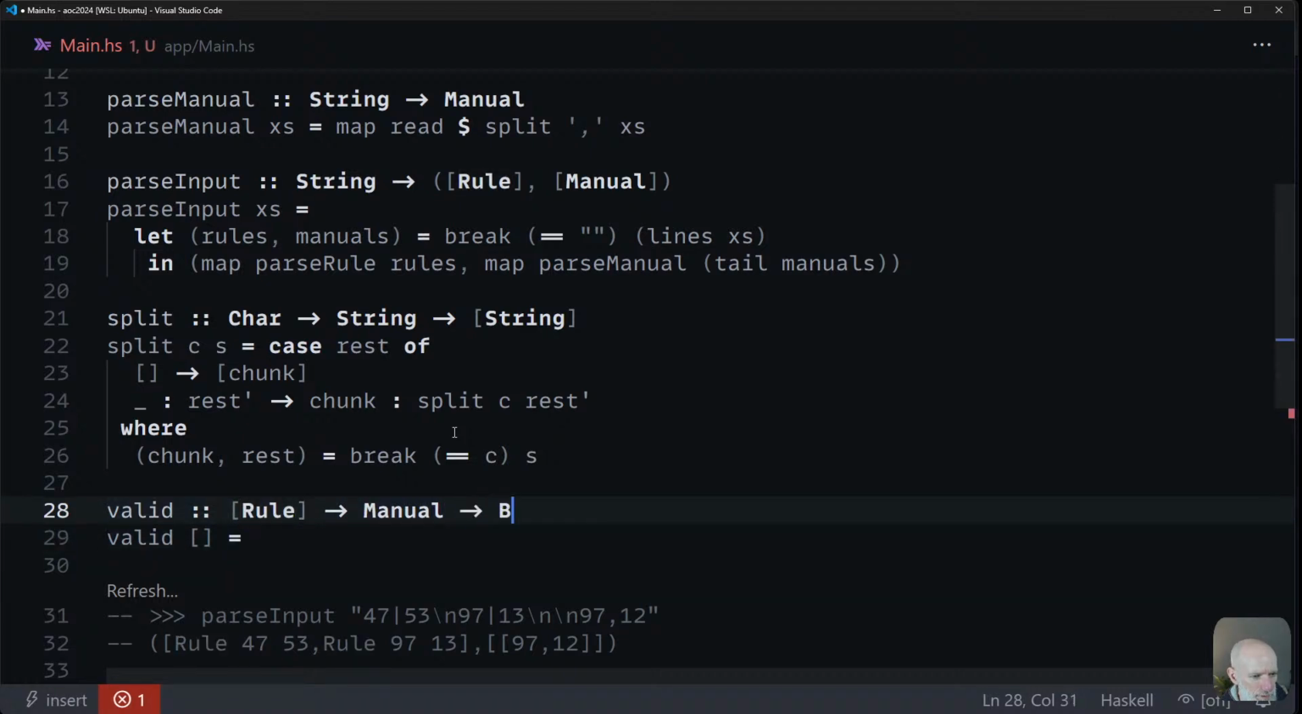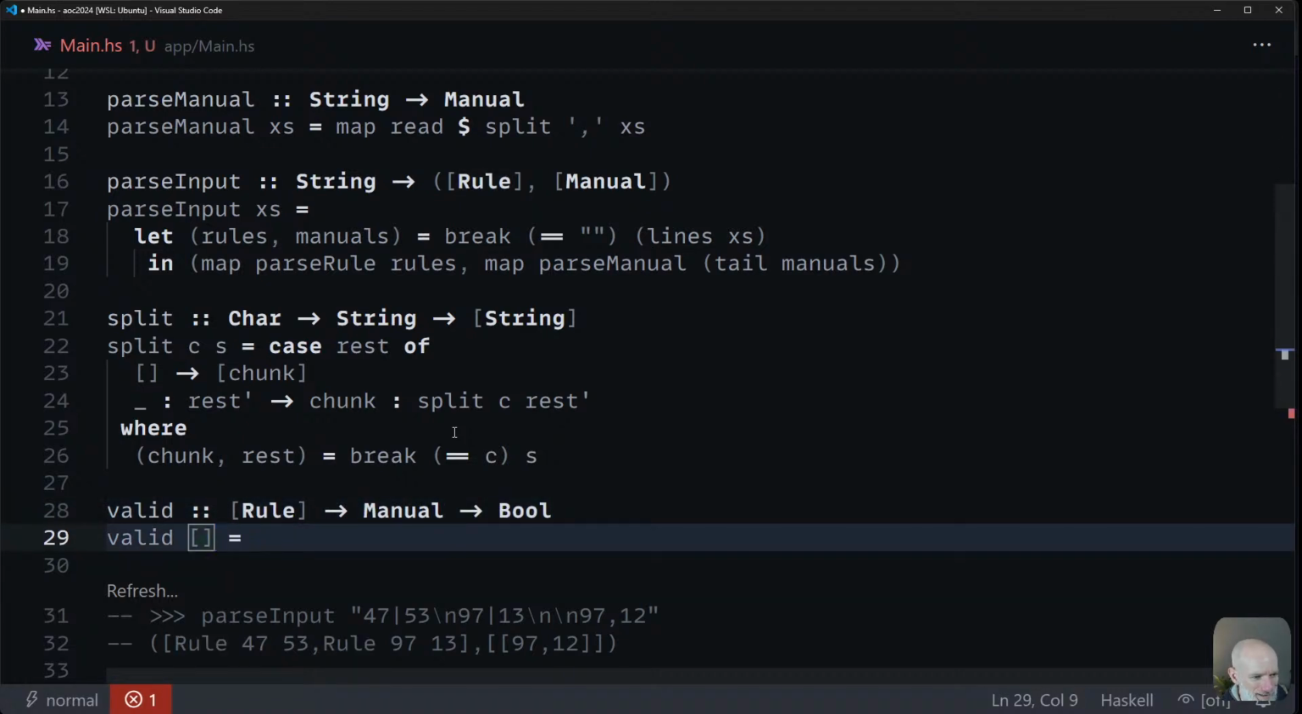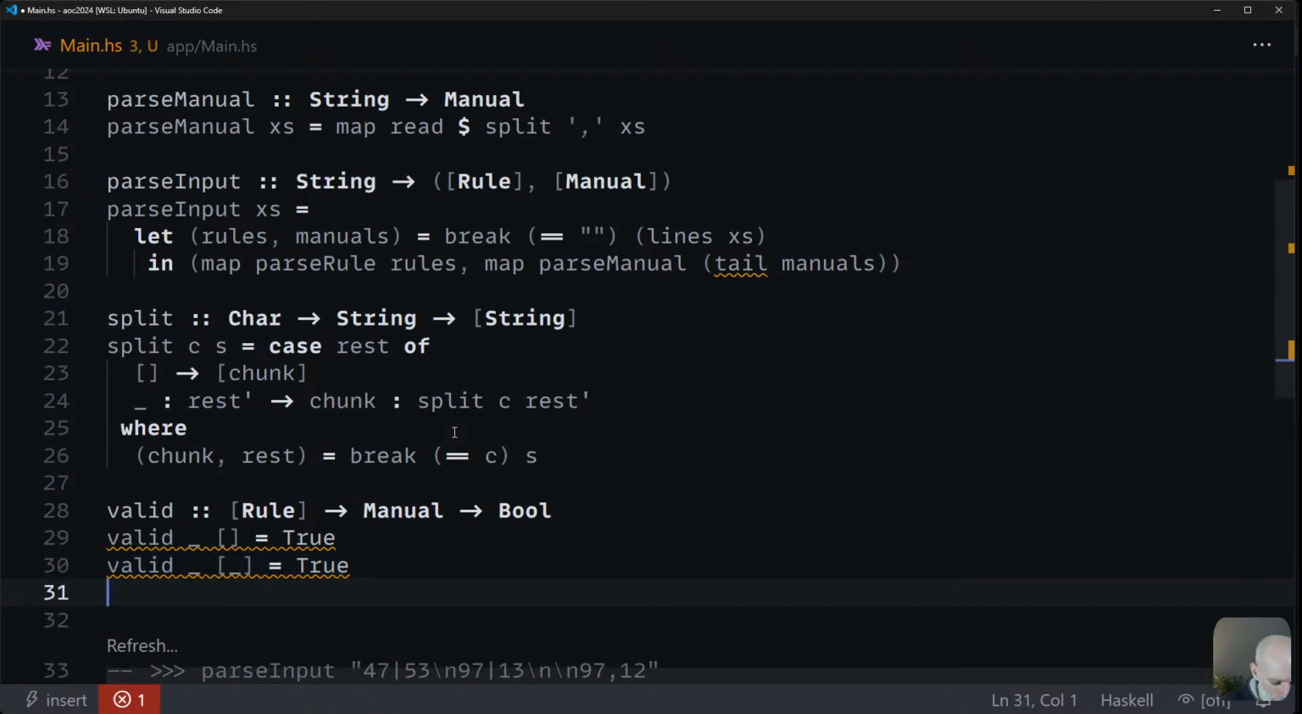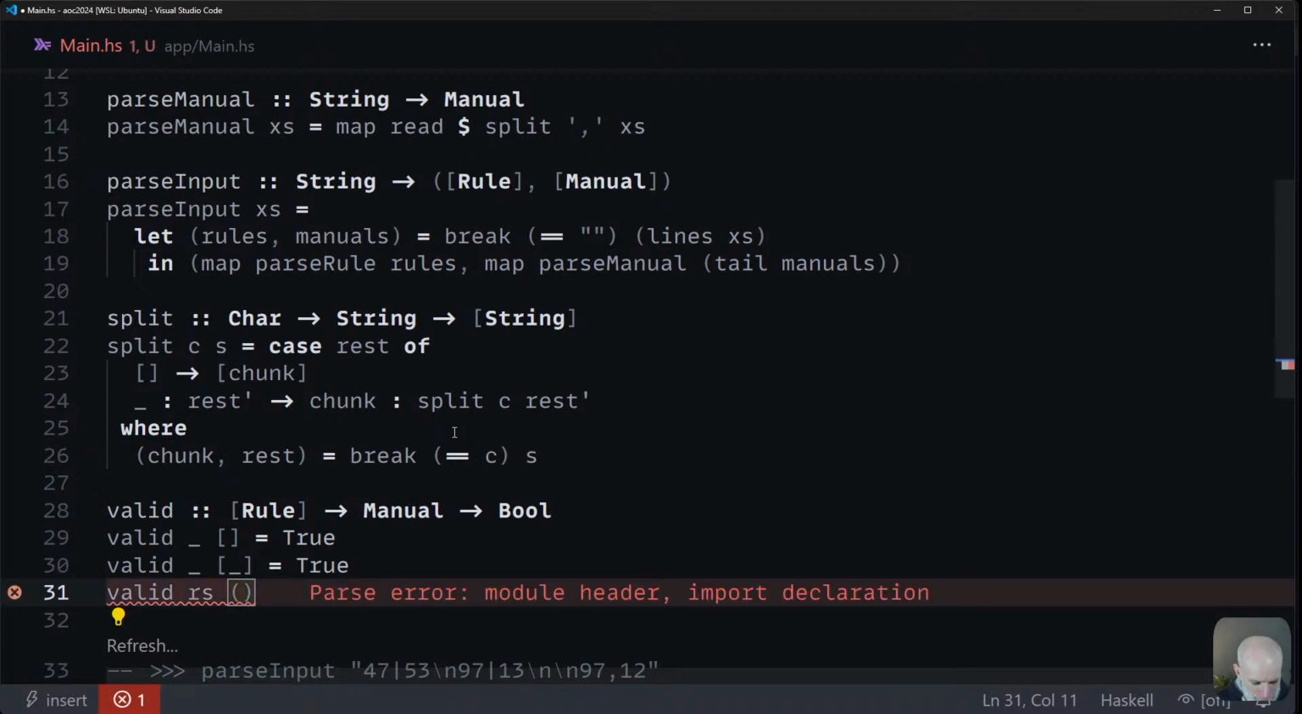Oh, needs to return a boolean. Valid of the uncountable rules are: if we have nothing left, this is true. Another case, if we don't count the rules are, but we have a single entity in there, also true, nothing to compare it to. Now we have rules, and we have,